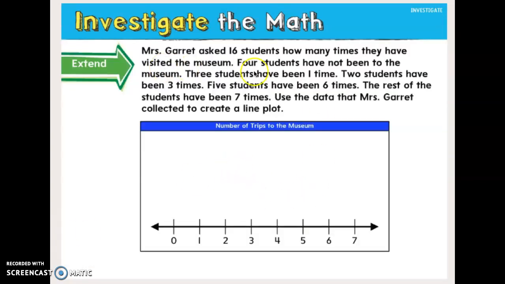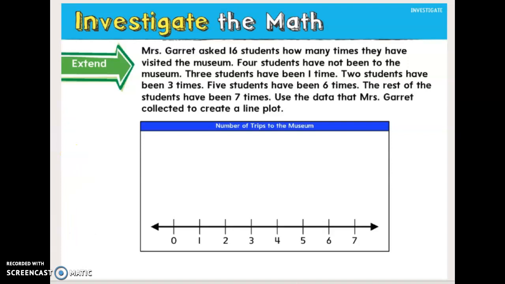So let's look at this one. Mrs. Garrett asked 16 students how many times they visited the museum. 4 students had not been to the museum. 3 students have been 1 time, 2 have been 3, 5 have been 6, and the rest of the students have been 7. So to set this up, I am actually going to make a table to help me